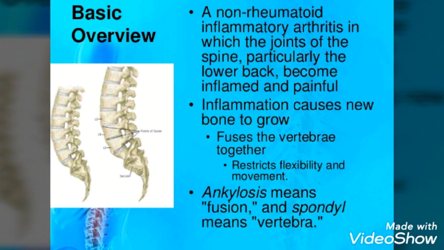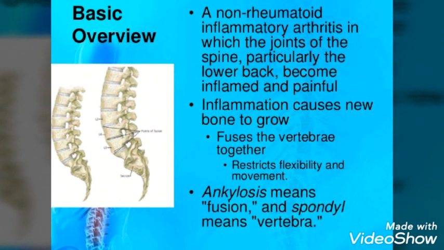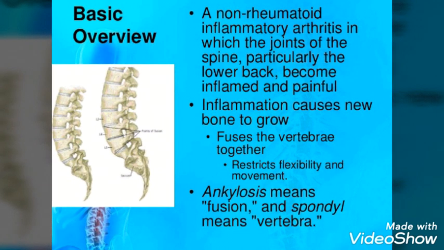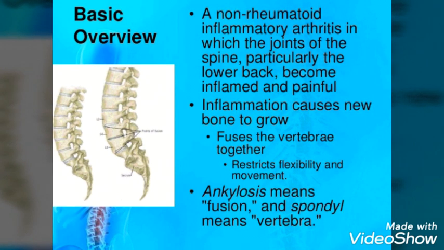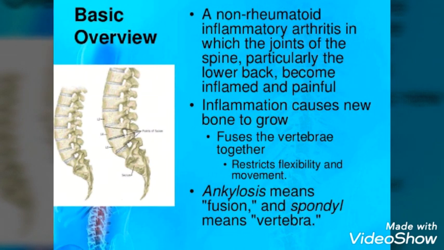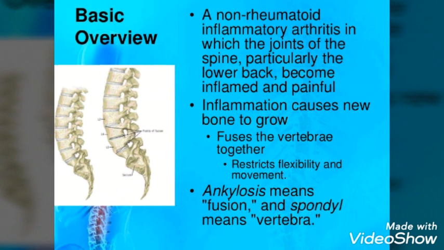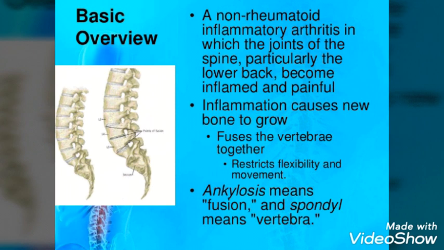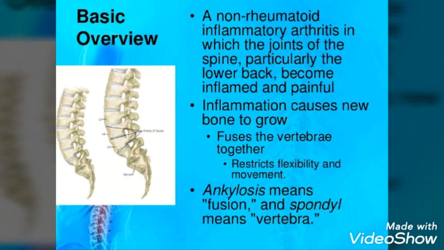So we all know that in between the vertebrae there is a disc that allows the flexible movement of the vertebrae. So whenever there is inflammation, or due to any reason, whether it can be accident or infection, this disc gets displaced, or you can say they get fused together. So the distance between the vertebrae is removed, and due to that there is a restriction in the movement. That is called ankylosing spondylitis.